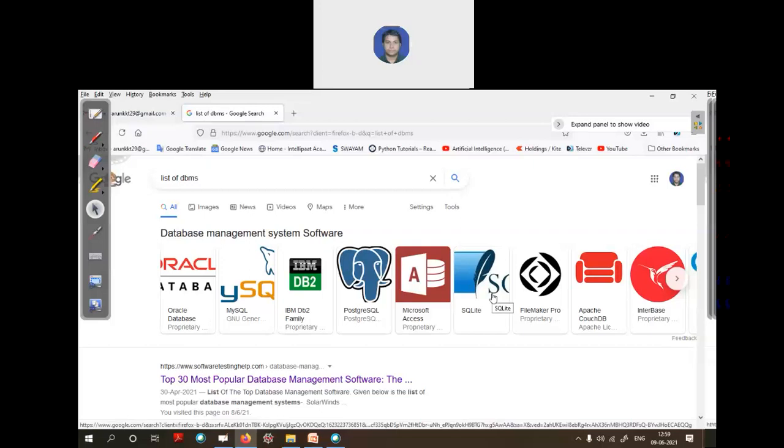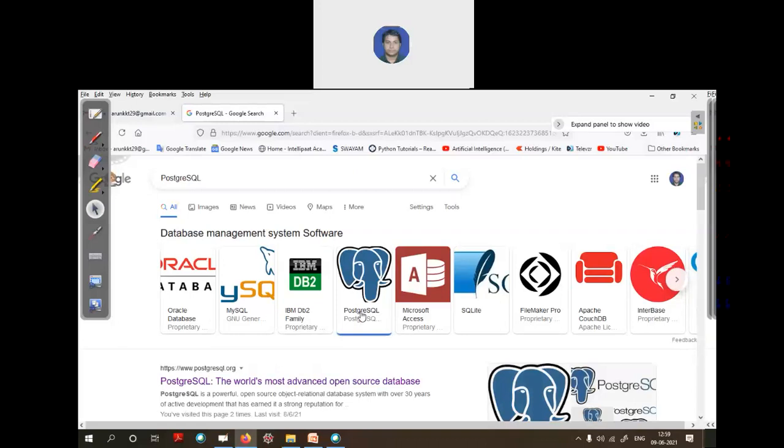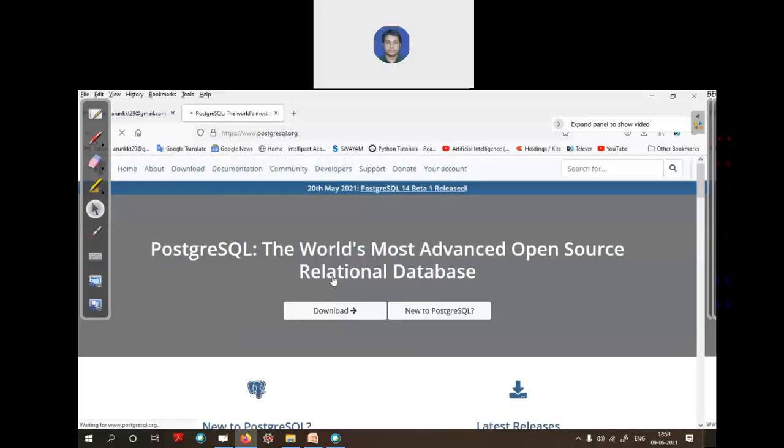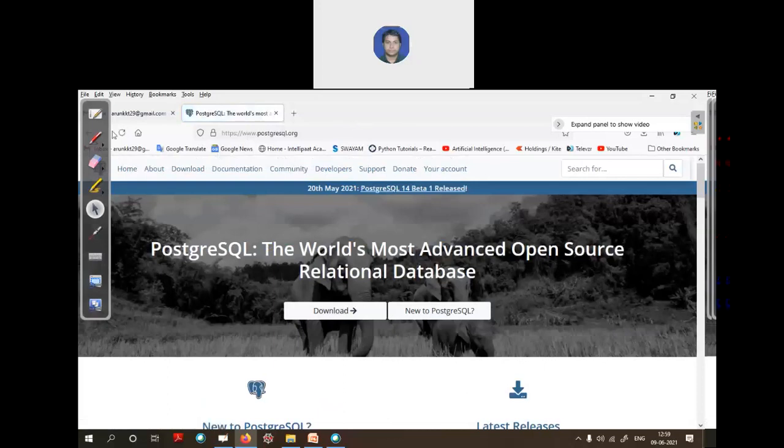In the next class we will see the practical implementation of this SQL using PostgreSQL. So whenever you come for the next class, just visit the postgresql.org website.